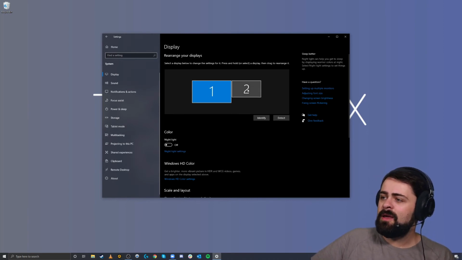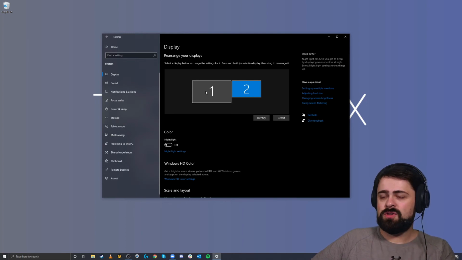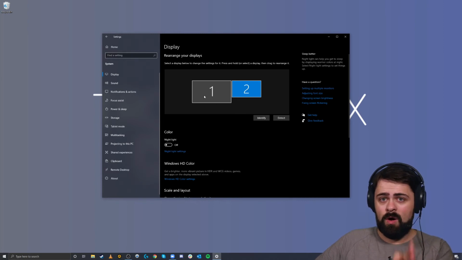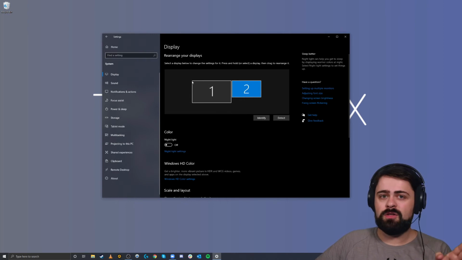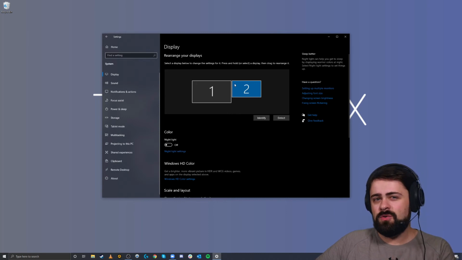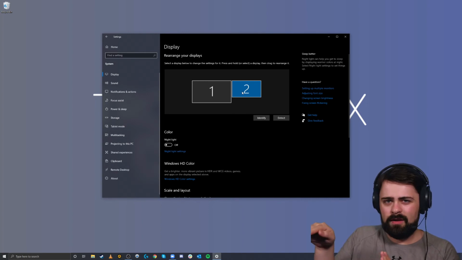Now, when we click on one of our displays in the display options here, we can rearrange our displays accordingly, moving things around. In Windows, it is really important that we actually do not do this too much. We want to line all of our displays up in sequential order, 1, 2, 3, 4, 5, as they are, and make sure that they are all connected along the top line with each other. If we do not do this, it can confuse Isadora just a little bit. It's really important that we leave these all in a line together for the optimized performance when we're working with Isadora.